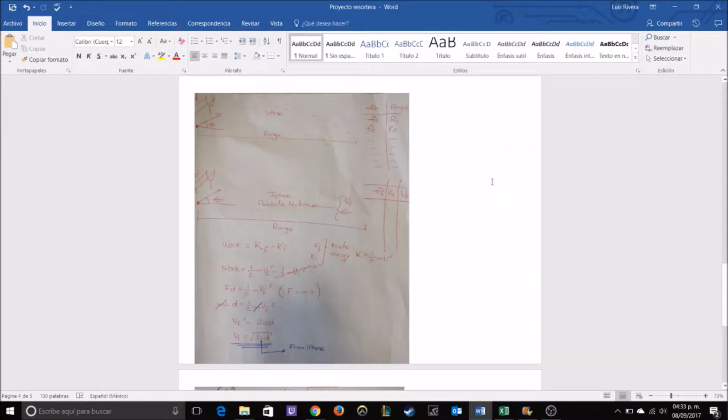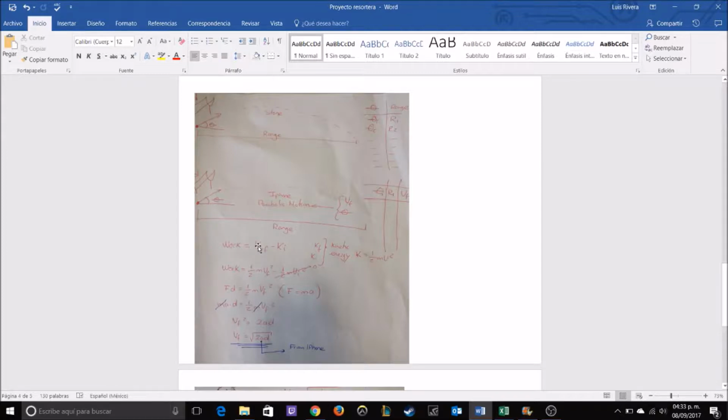Well, this is going to be our theory and data. Alright, for the slingshot, we know that to calculate the acceleration and the initial velocity of the phone, we first need to know where the formula of final velocity equals the square root of 2 times the acceleration times the distance comes from. Alright, so it comes from the formula of work